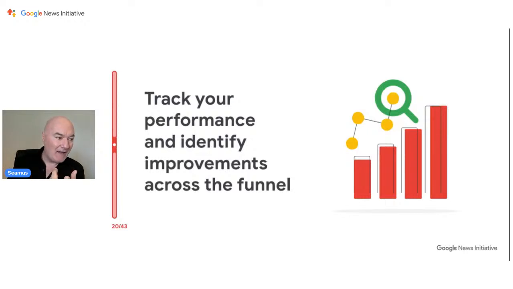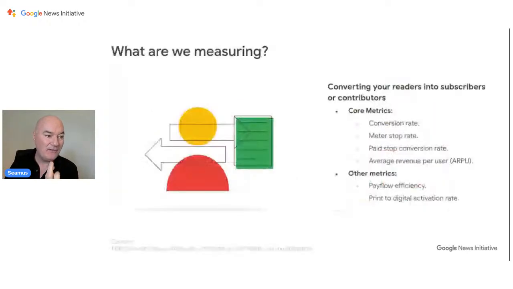So tracking our performance, identifying the improvements across that funnel that we talked about, that's going to be crucial. And it's really about trying to understand what success looks like, because we have lots of options, but what are some of the metrics? Where can we look? What's the inspiration to see, well, that's what I want to aim for when it comes to trying to improve? So let's just walk through some of this